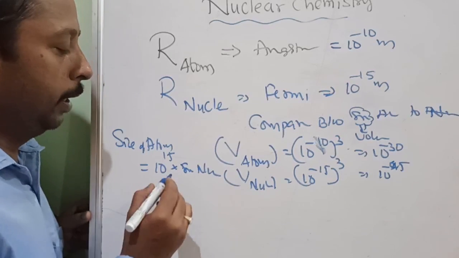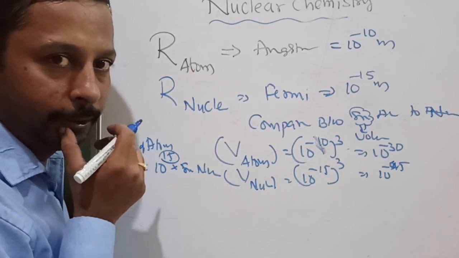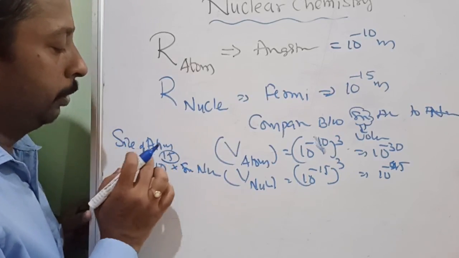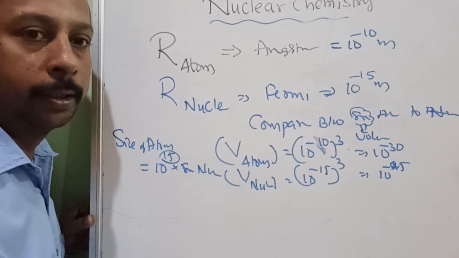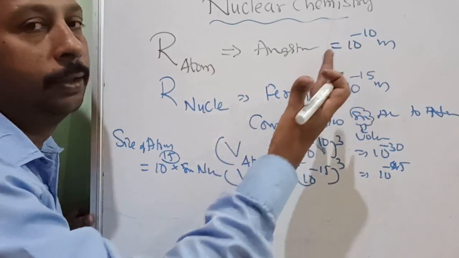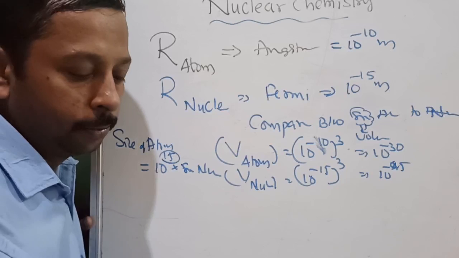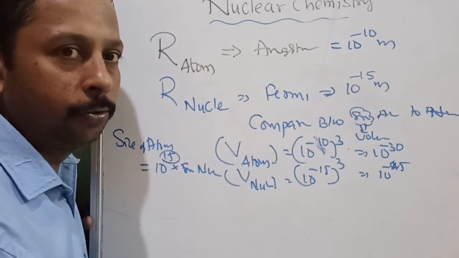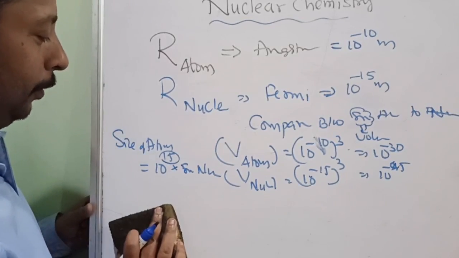Now it is a trending thing: integer type questions. So they can make: size of atom is equal to 10 to the power of x times the size of the nucleus. Definitely you will write 5. I know this, that is what you are mistaken. Understood? So being a student of Chem, you should never make this mistake. Okay, so you should correct it.